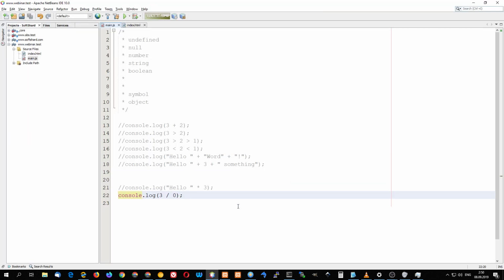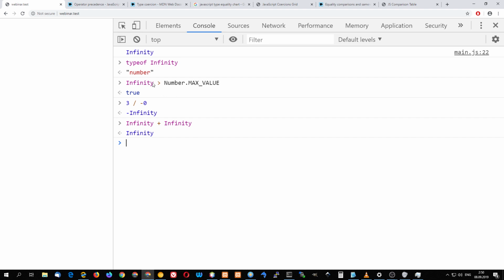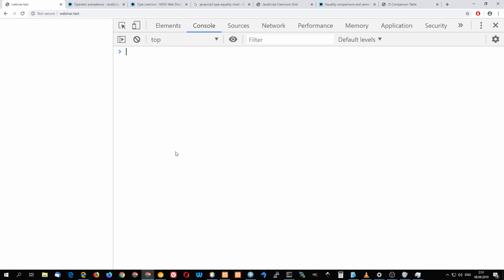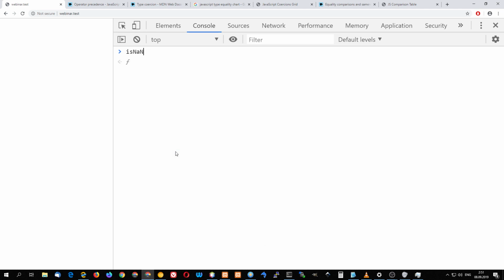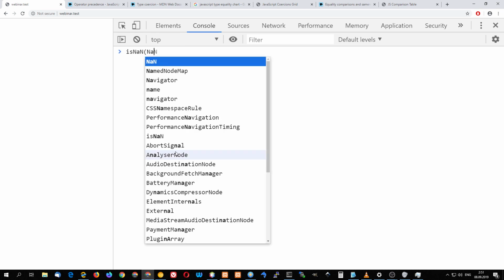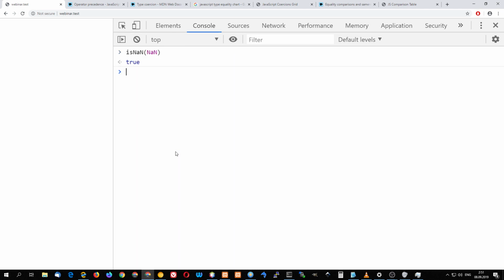There's a slight addition to math. The only way to detect the NaN value, because obviously how do we detect it? If it's not equal to itself, we cannot test for it. We can call a function. We're going to explain how functions work, but there's actually a function that can tell you, okay, that's NaN. So if I do